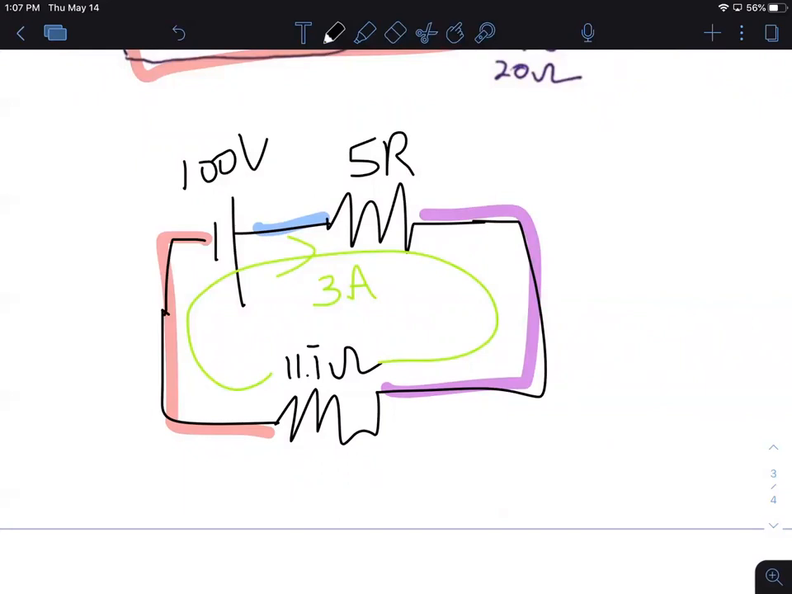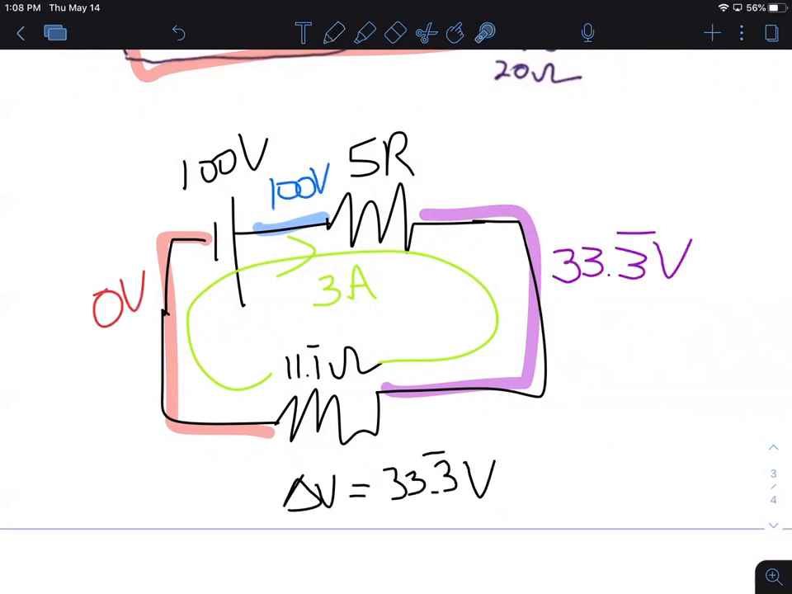So if I had 0 here, I have 33.3 repeating here. Got 100 here. So the delta V over this resistor is 76.6 repeating. 66. Oh, right, it's 2/3. Duh. So for this guy right here,